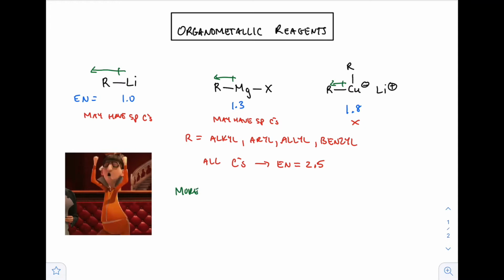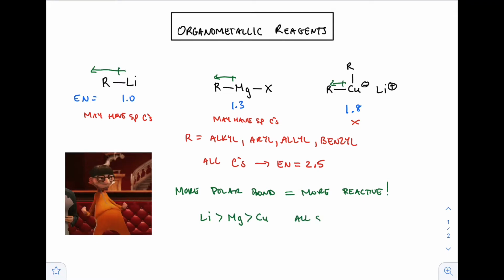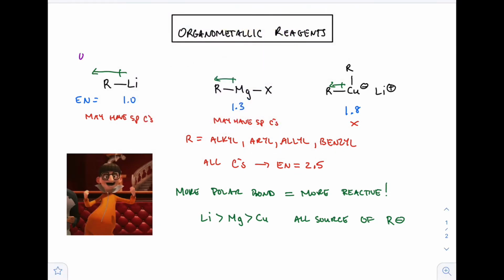So the larger that vector, the greater the difference in electronegativity, or the greater that dipole, right? So the more polar bonds, like lithium and magnesium, are going to be more reactive than the copper and the R group. Their difference in electronegativity isn't as great, and so the copper, turns out the copper is pretty lame, or awesome, depends how you look at it. It's kind of selective in its reactivity because it's not very reactive in comparison to